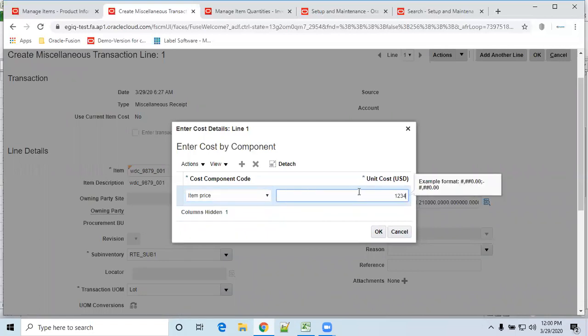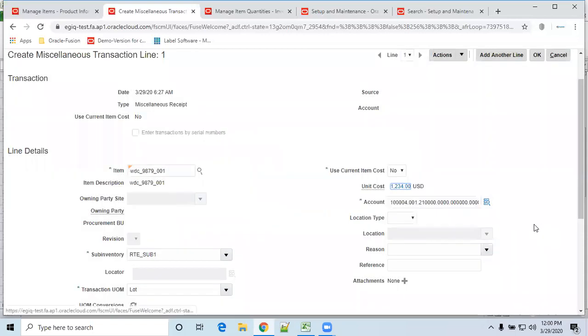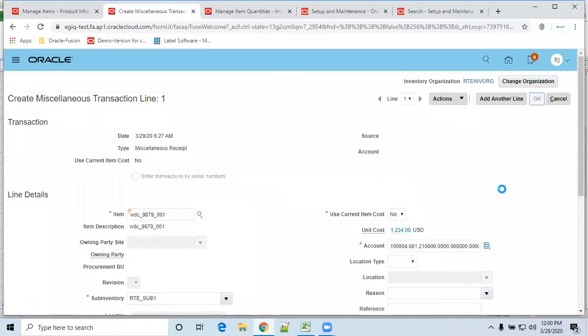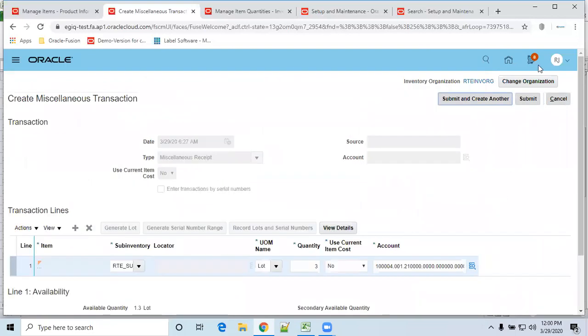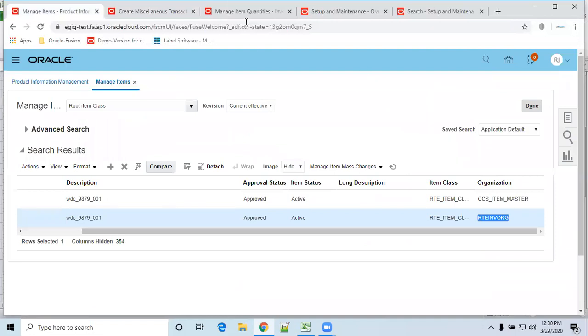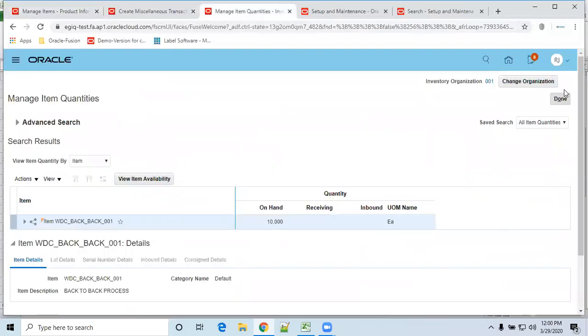So I can give my own item cost. Click on OK. Before that, just verify for this item what the on hand quantity is. So go to item quantities, click on done.